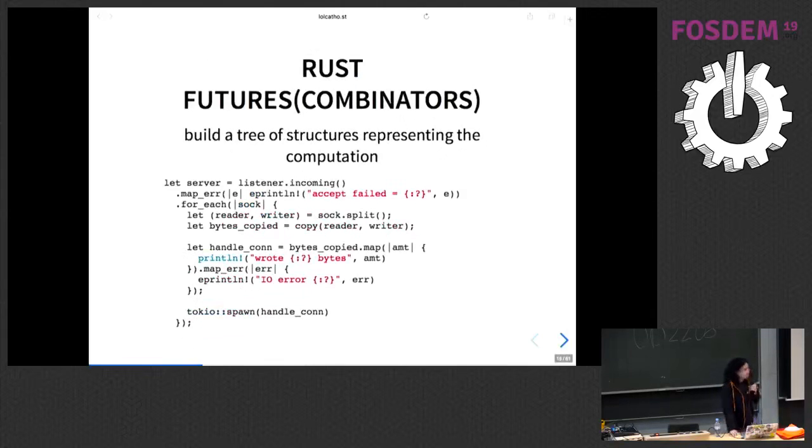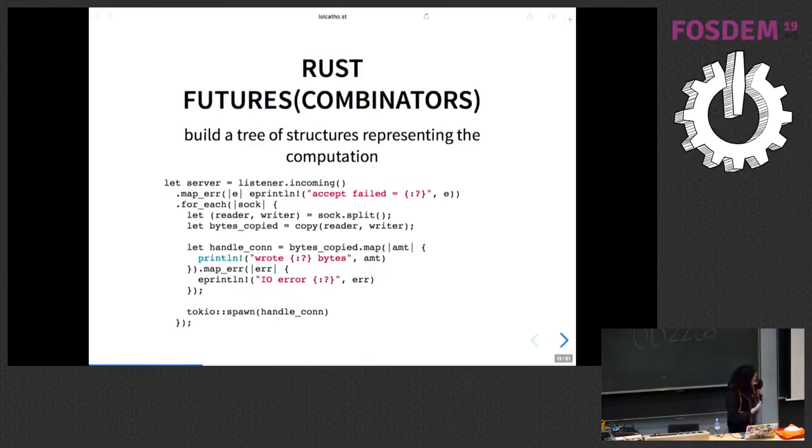Of course, there's the way we do that in Rust with futures and combinators. The interesting thing I see with futures is that you don't call the incoming function on the listener and then it will wait. No, it calls incoming and then map and then for_each, etc., and builds a structure of something that will do some networking at some point. And that structure has a poll method, and we call that poll method, and it will go through all of the steps that were built before. So the server stuff has been built right away, and then we will call the poll method on that.